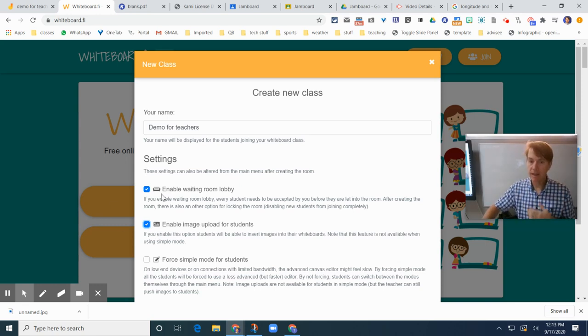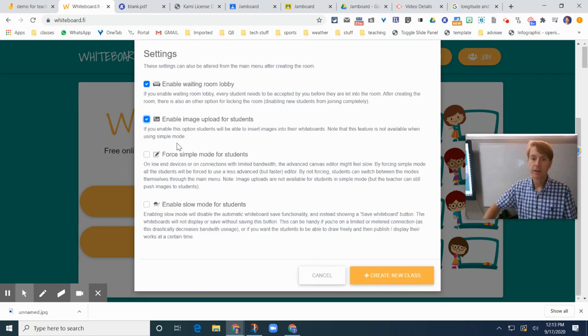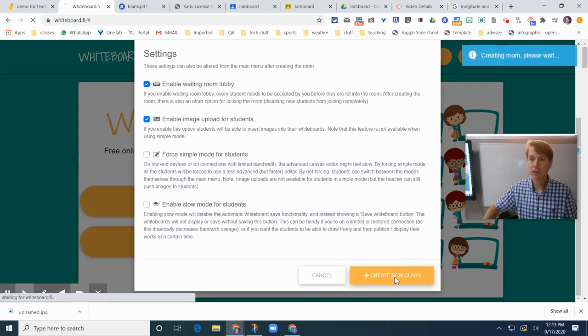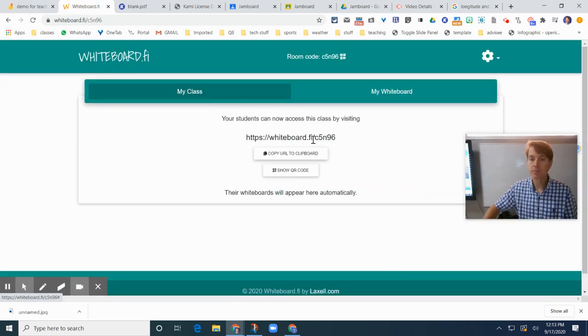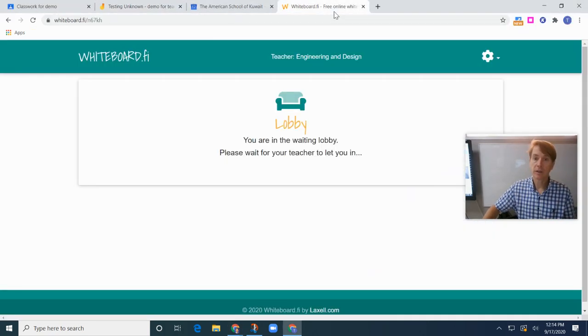So I named it and I enabled the waiting room so that I don't get any surprise guests. And then I also turned on image upload. That would be up to you, depending on what you want to do. When you create a class, it gives you a new live URL. So you would copy that URL, paste it into the chat of Zoom or paste it into Google Classroom, and the students would come here,